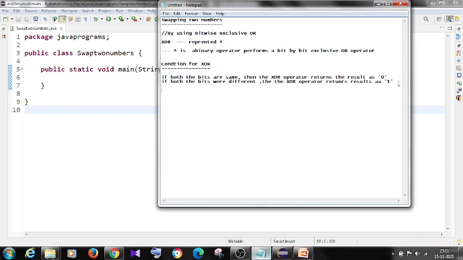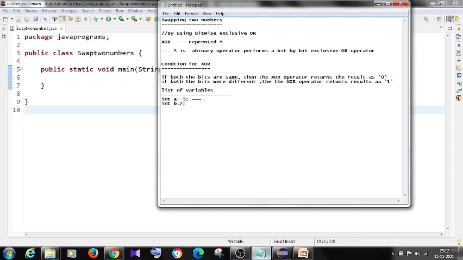See, we want to swap two numbers. So the variables are int a is 5 and int b is 7, and these are input variables.